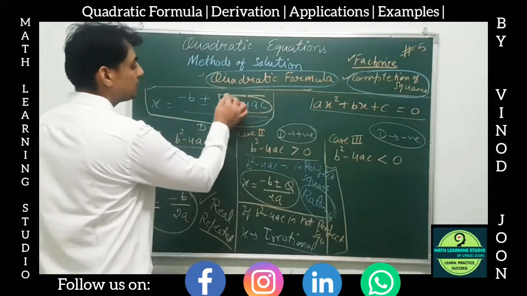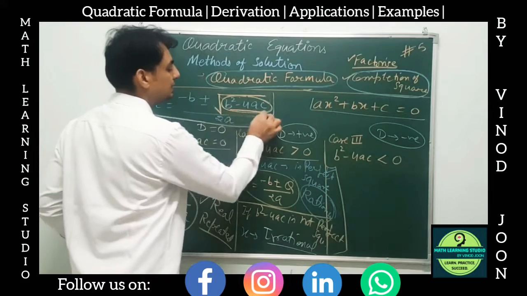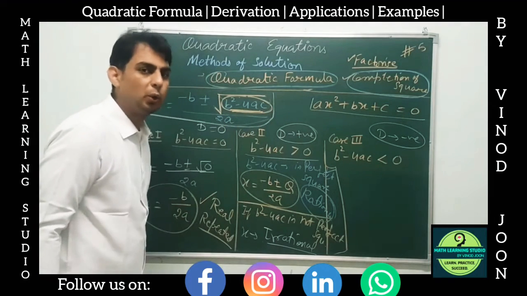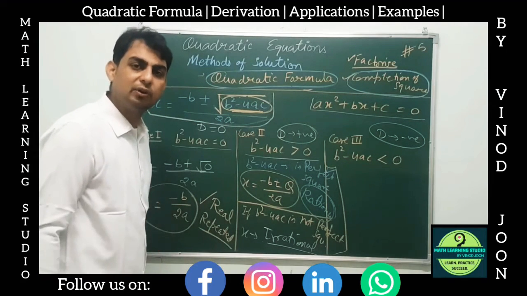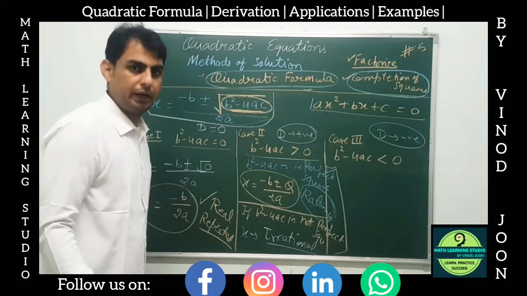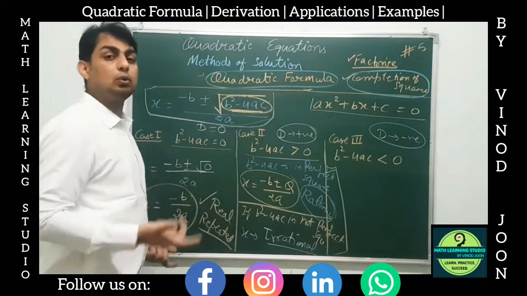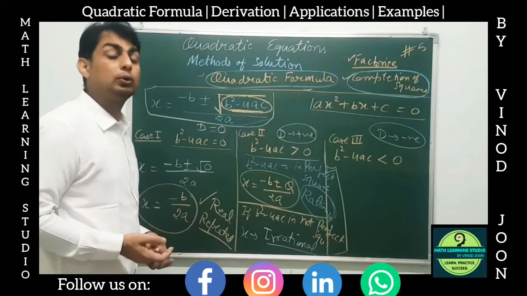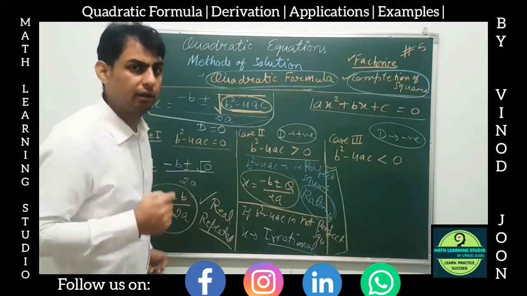So when this under the root value is a negative value. Now we have not learned how to find the value of the square root of negative numbers, right? How do we find the square root of a negative number? We do not know, or you can say it does not exist in the real numbers.